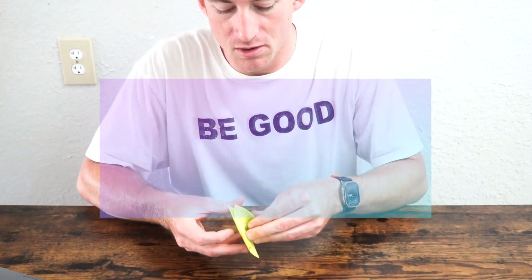So the Tommy Hilfiger is $60, the Ralph Lauren is $110. Neither are on sale. There are Ralph Lauren shirts on sale, but let's go ahead and talk about why paying the $110 for the Ralph Lauren or $60 for the Tommy Hilfiger full retail is a good option. Starting with